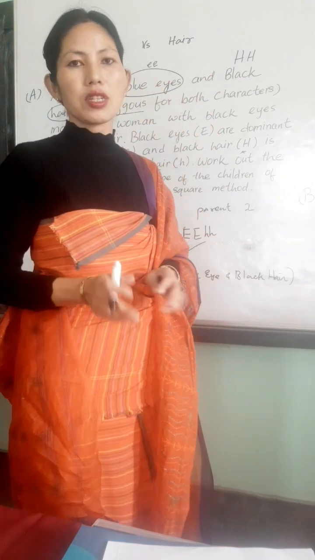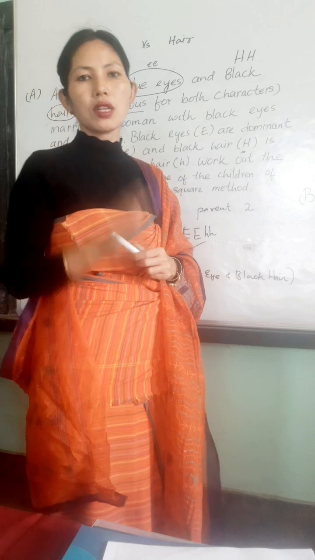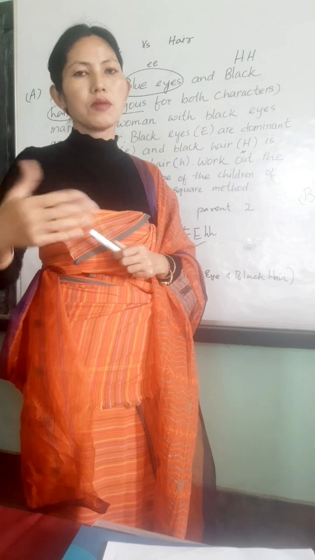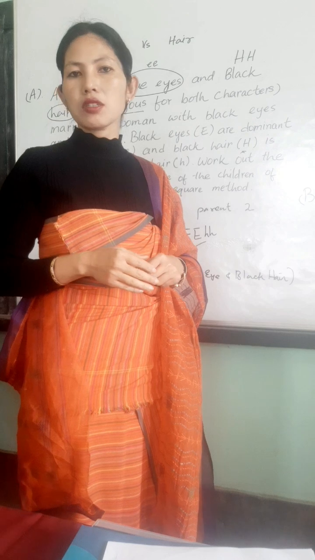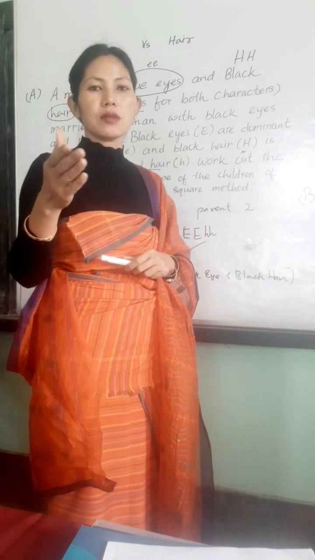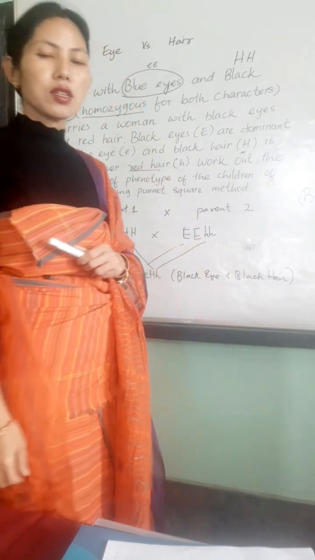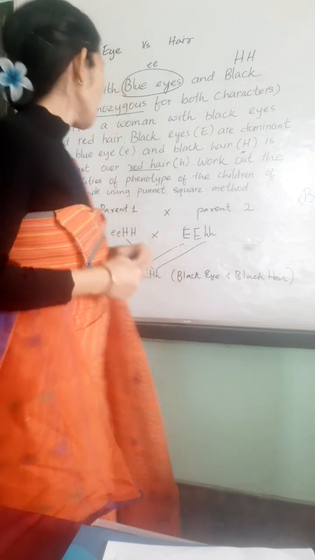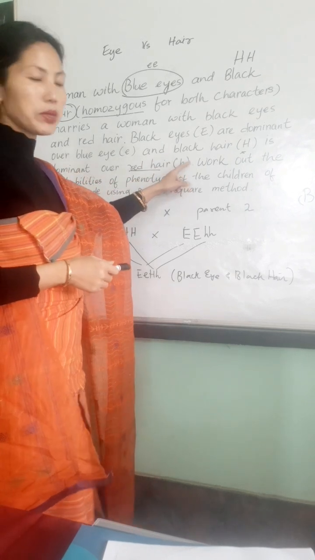Since they are contrasting traits, always use the same letter for them, one uppercase for the dominant trait and lowercase for the recessive trait. The same method you will apply when you solve a monohybrid cross. So in this way you can solve the question in a better way. And here the question begins.